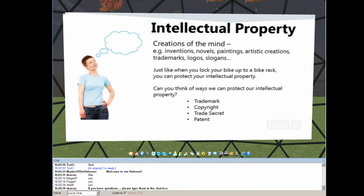So here's my bread and butter, which is patents. As I said, I am a patent examiner, and a patent is basically a property right. It's a short-term monopoly in exchange for the information you're going to give us about your invention. You come up with a great invention, awesome. We want you to tell us about it so that it never gets lost, that we'll always have that for posterity. In exchange for telling us about it, you're going to get 20 years of exclusive use